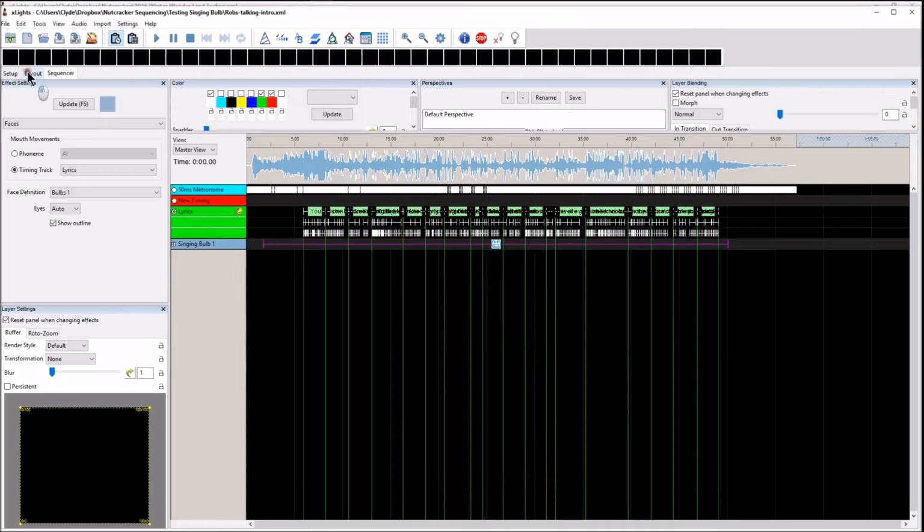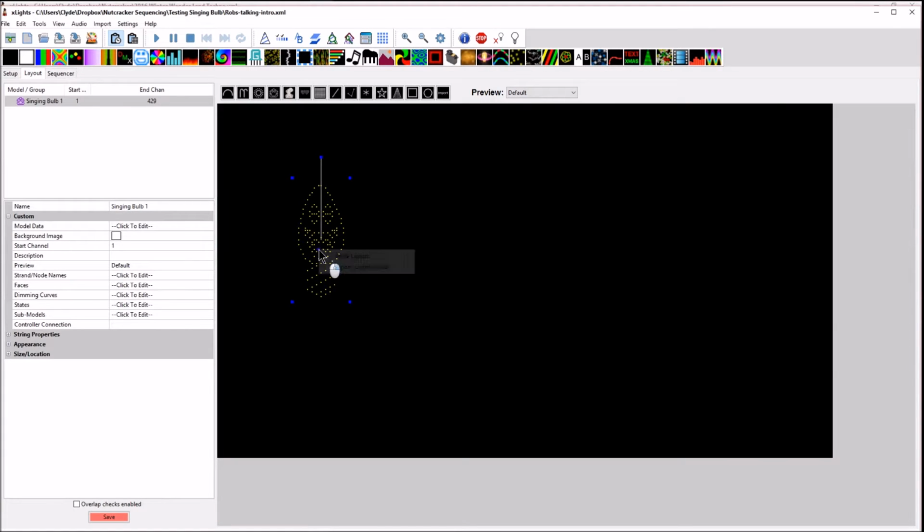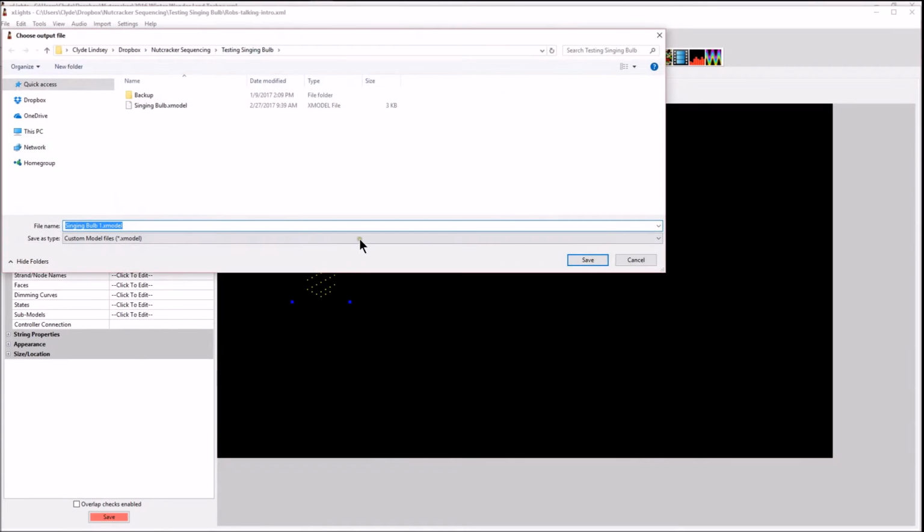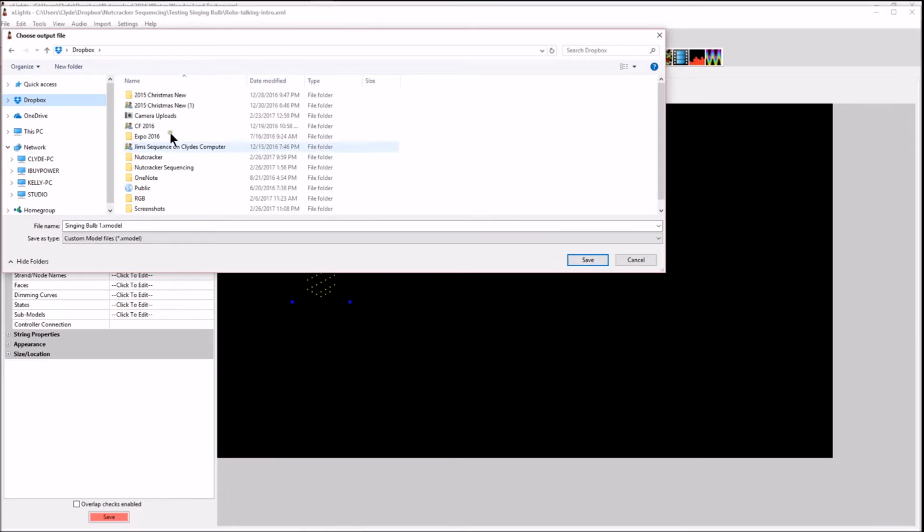First, I'm going to go to the Layout tab. I'm going to select the prop first, and then right-click and export xLights model. Whenever you do that, you're going to get a save dialog box, and I'm going to go to the location where I save my